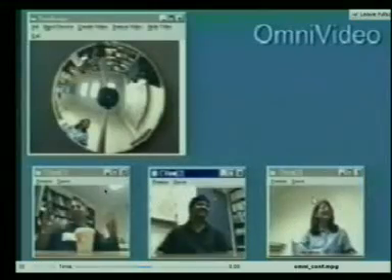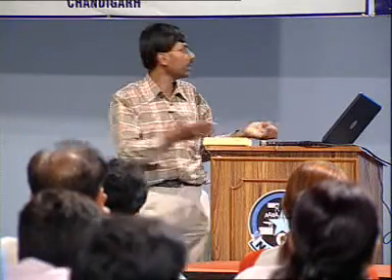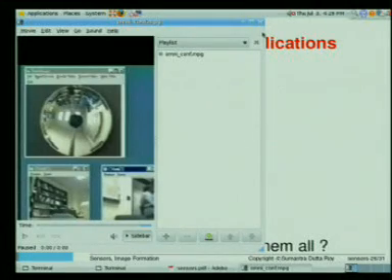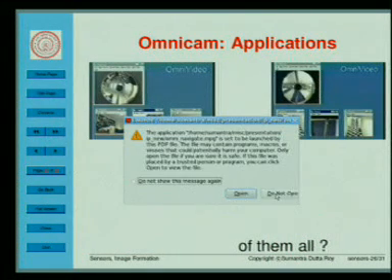So this is an example of video conferencing with one camera. Through software, you can simply with a mouse click place an infinite number of virtual cameras anywhere in the room you want, right? So all our very talented technicians here in the recording studio, you could simply take an Omnicam and put virtual cameras anywhere and get real time videos out of this, and all of these are images that have been taken with, these are consistent with perspective projection, all of these. So video conferencing is an application. Another application is navigation.